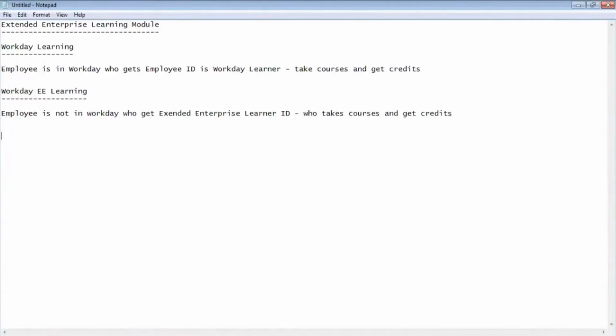Workday was live only for US employees, not for international. They had offices in Canada, Mexico, Australia, Singapore, Malaysia, India. In all these locations they had offices, but the Workday system was not live in these locations. Workday was live only in the US.